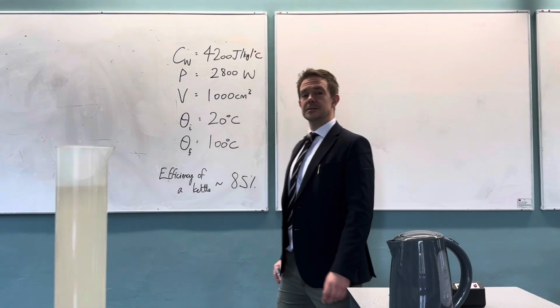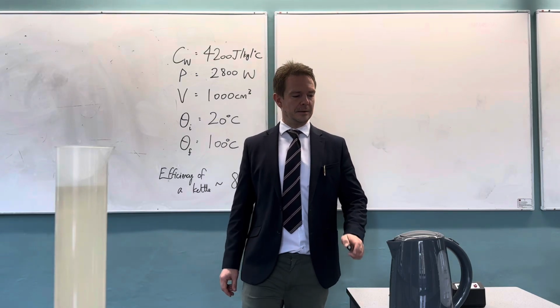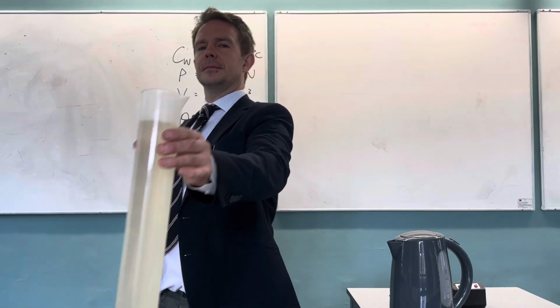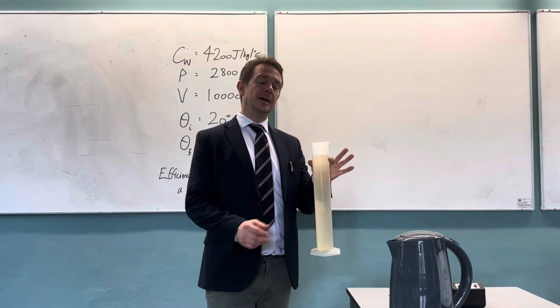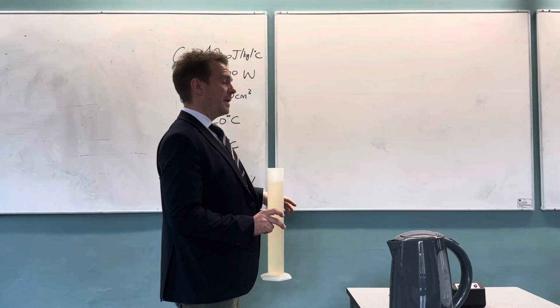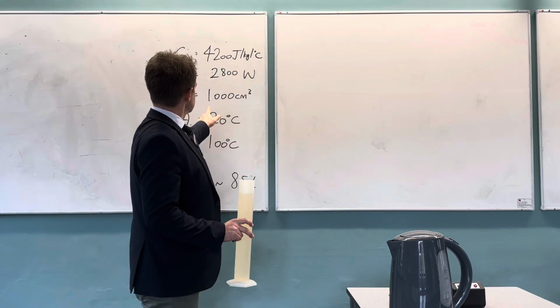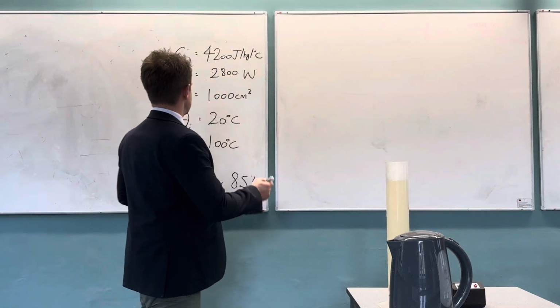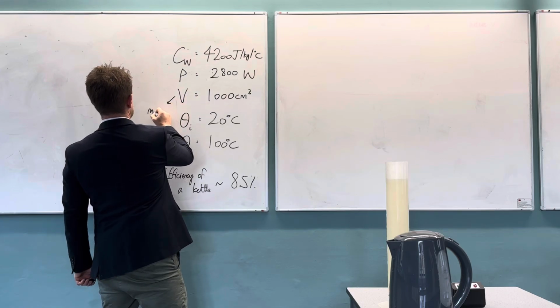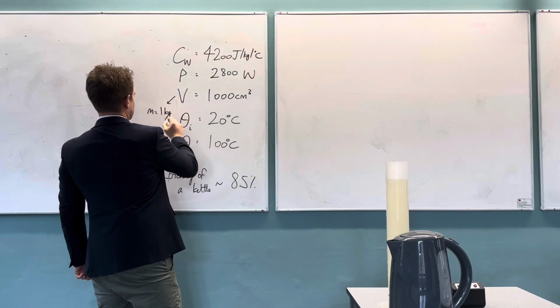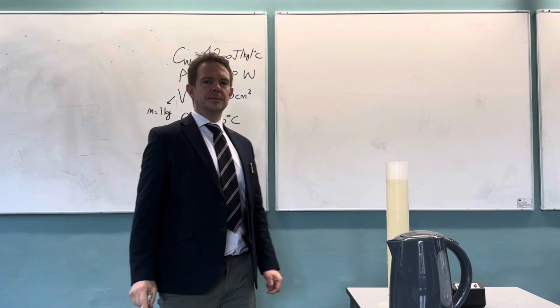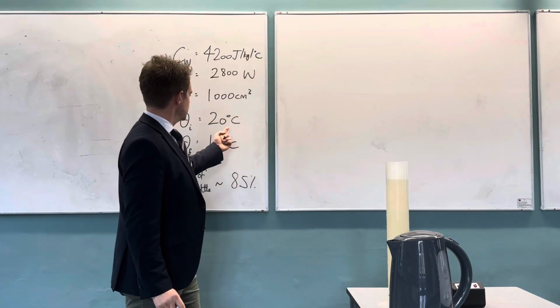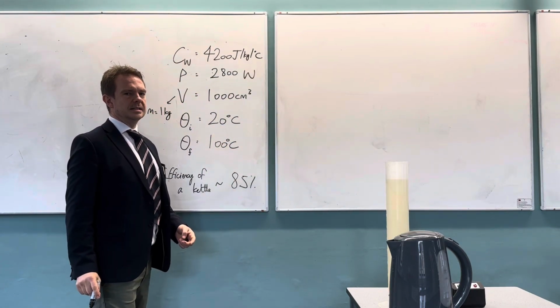How long does it take to boil a kettle of water? Well, I have 1,000 millilitres of water. The density of water is about a gram per centimetre cube. So if I have 1,000 centimetre cubes of water, that is approximately a mass of 1 kilogram. To bring water from room temperature, 20 degrees Celsius, to boiling point, we need to raise its temperature by 80